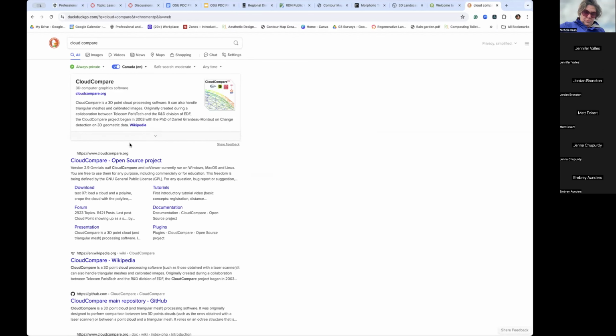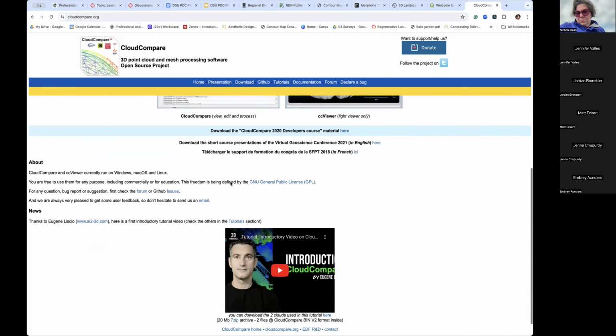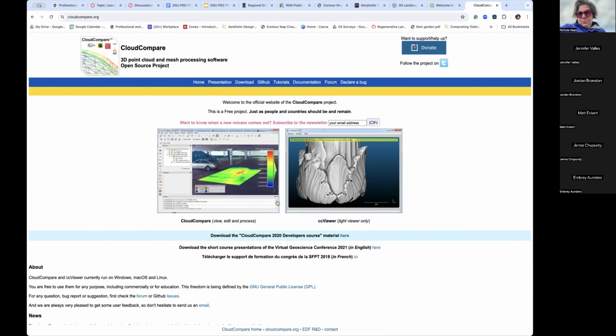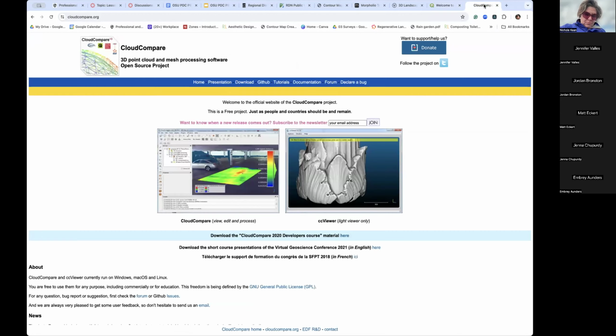This one's called Cloud Compare. It's another open source software. We bring point cloud info into this and convert it, then send it to QGIS. If you're using a Mac, you would probably have to use this before you plop it into QGIS. Again, there's a lot of time and energy going into learning this stuff, even though the software is free. So I would say, maybe put this in a reference for later,